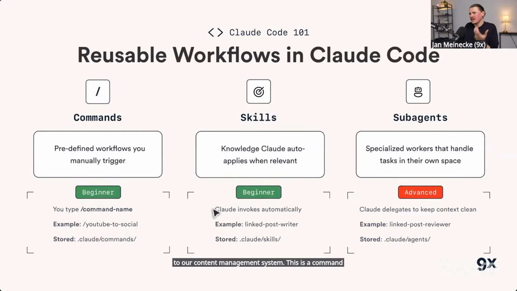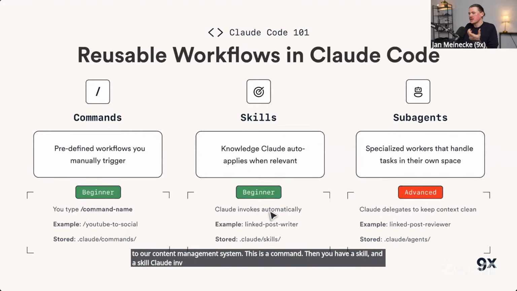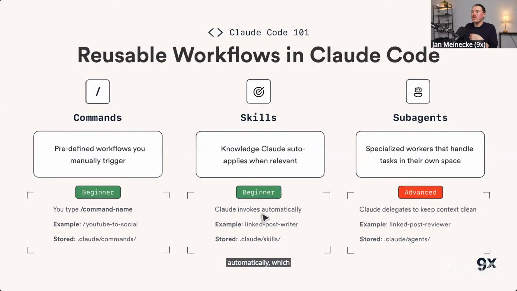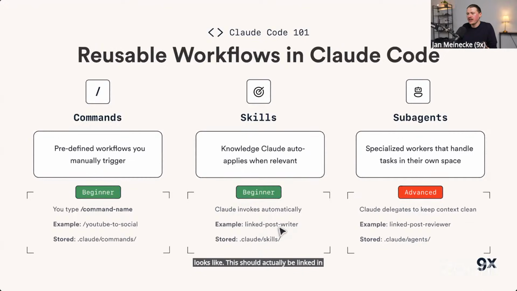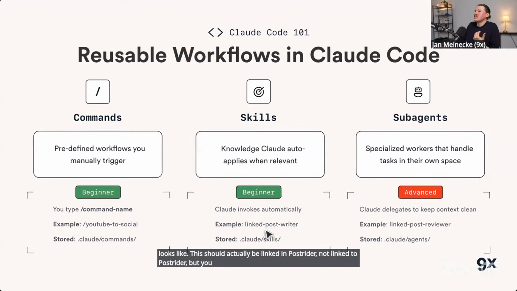Then you have a skill, and a skill Claude invokes automatically, which means it can be used in more than one place and you don't need to manually trigger it. So an example here is you could create a skill in Claude that teaches it what a good LinkedIn post looks like. This should actually be LinkedIn post writer, not linked post writer. But you could have a LinkedIn post writer where you give all of your best practices on how to write